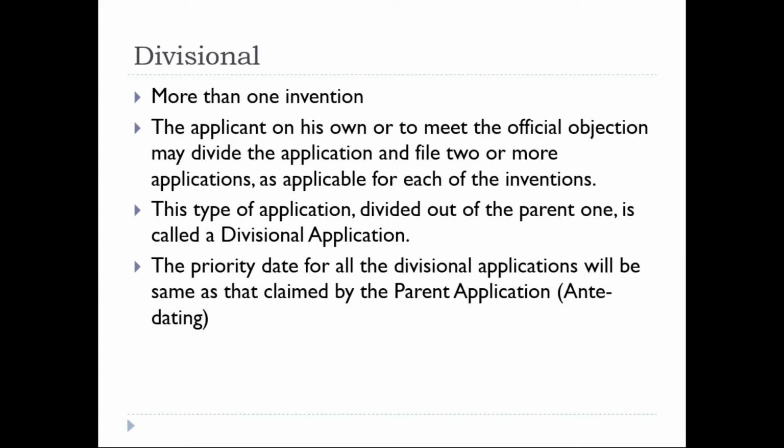First, understand one thing: if unknowingly we are filing 2 or 3 inventions together, we have the option, or the patent office itself will provide the option, of dividing into 2 or more. In that case, in the application, you need to tick divisional application in Form 1. Don't worry, I'll show all the forms, right?